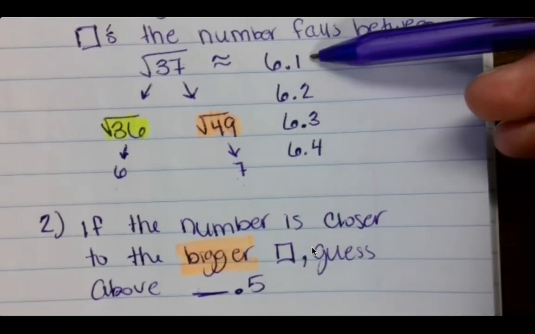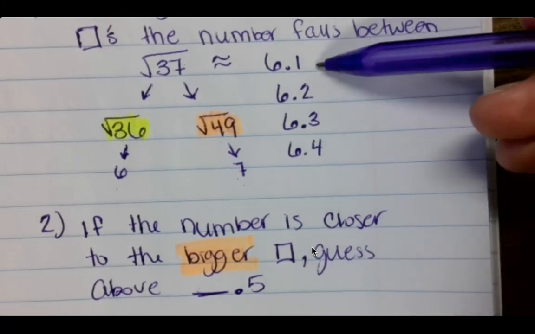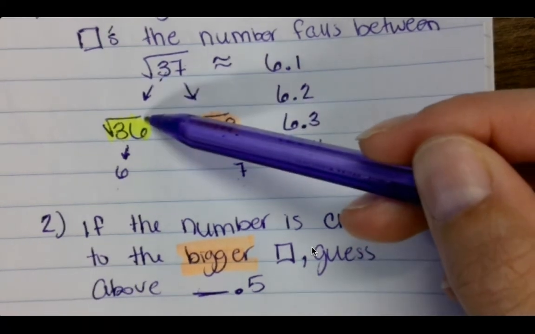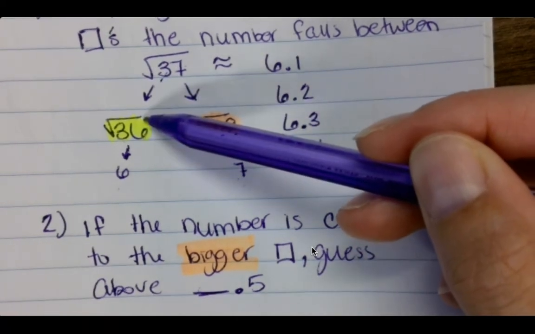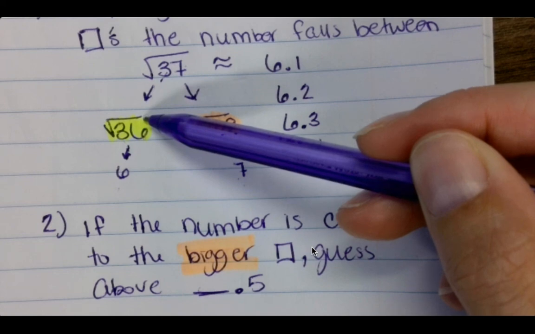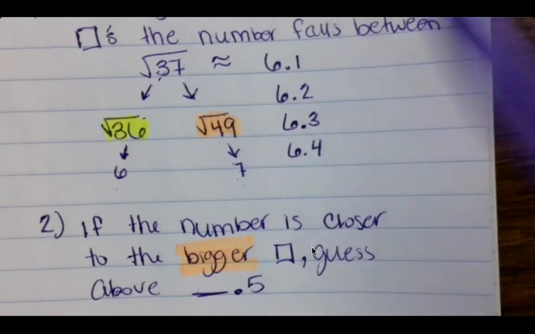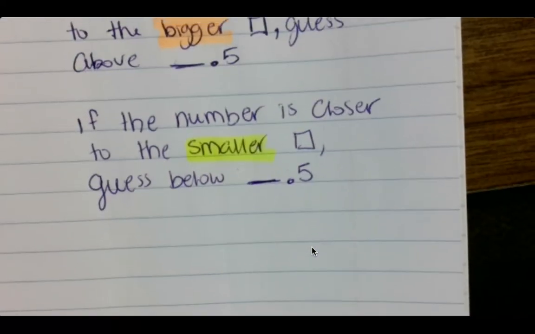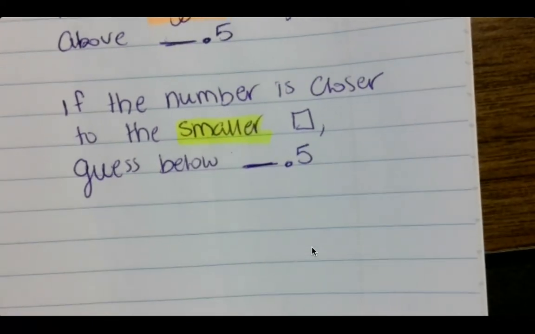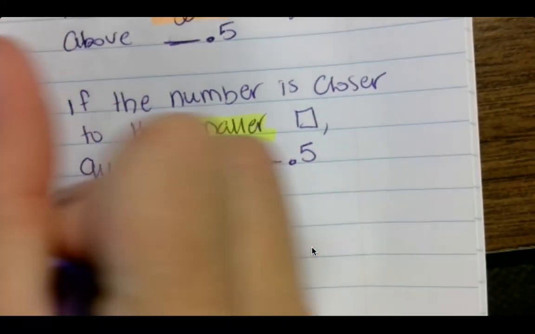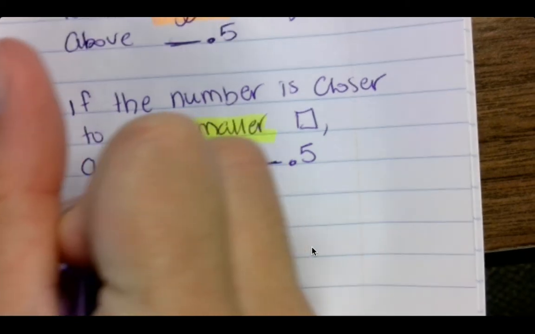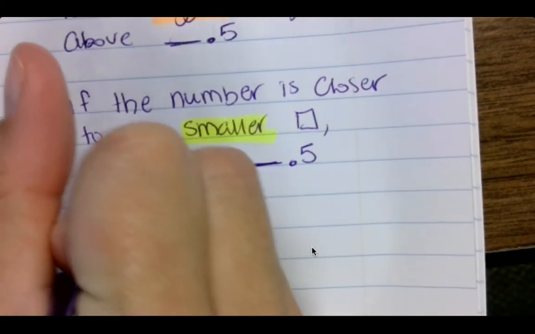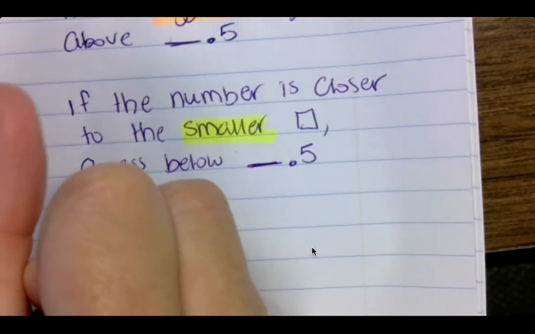We guess below 0.5 because we are closer to the smaller perfect square. All right? So now if we actually do this, right? We could try this. So we literally would do 6.1